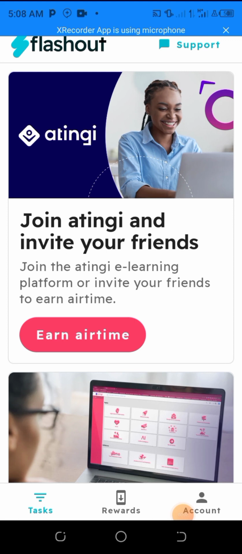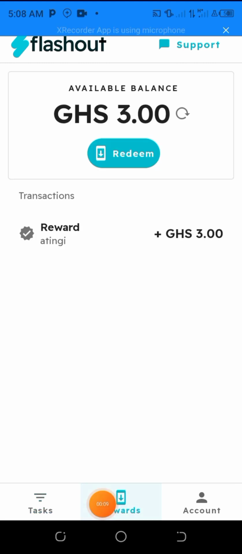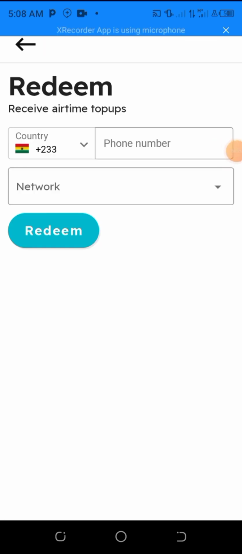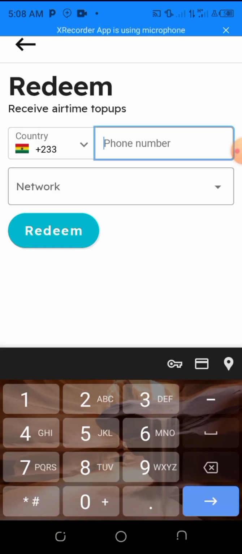So after we complete the survey, we will tap on reward as you see on the screen. Yes, our reward has been given to us as 3 cedis airtime. So we redeem. We tap on redeem as you see on the screen. Then you enter your mobile number you use to collect the airtime. So as I'm typing my number,